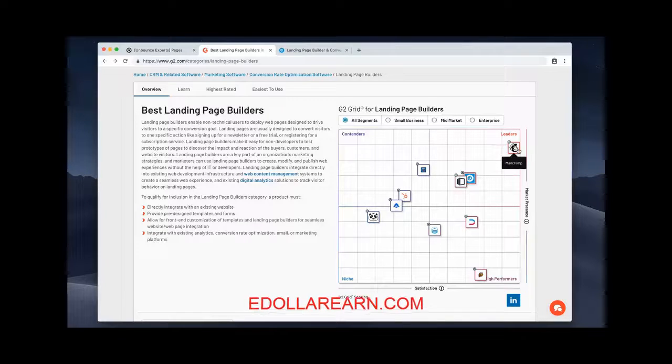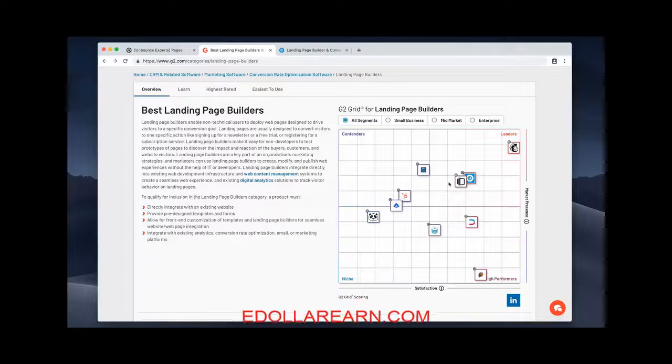Now, I wouldn't really consider MailChimp to be a better landing page builder because MailChimp is primarily an email marketing tool, although as of recent, they're trying to do a lot more than that. But if you look at these just isolating the tools that are primarily landing page builders, you have Unbounce, you have Instapage, you have Landingy, you have Landing Lion down here, you have Wishpond, Lead Pages, and then again, HubSpot, I wouldn't consider a dedicated landing page builder because they're trying to do a lot more, and the same goes